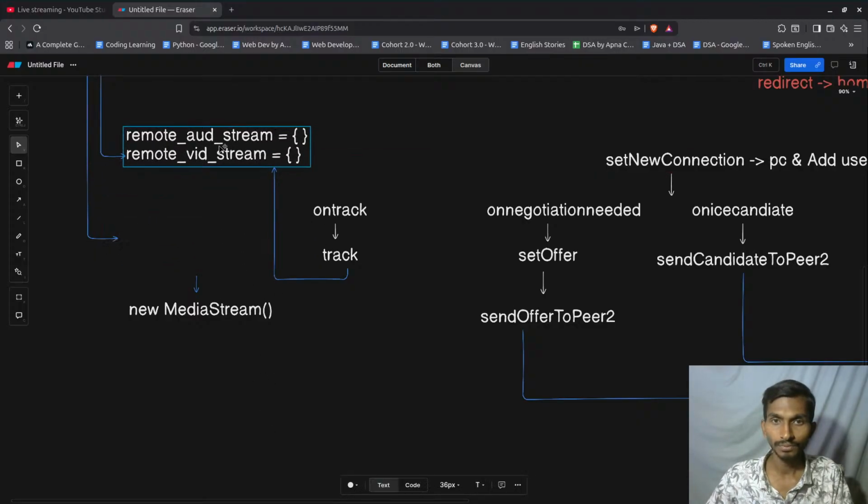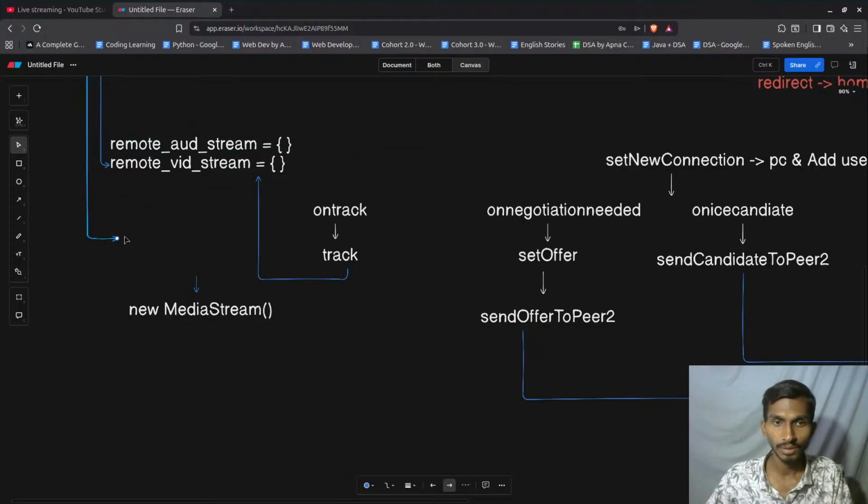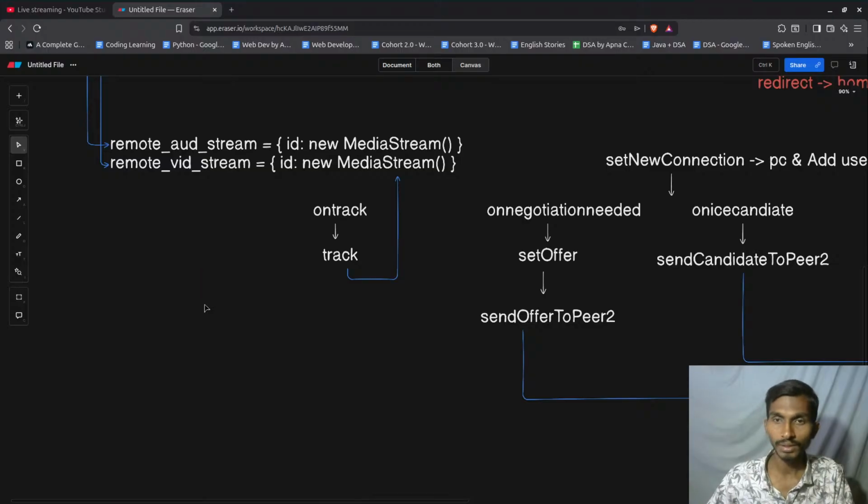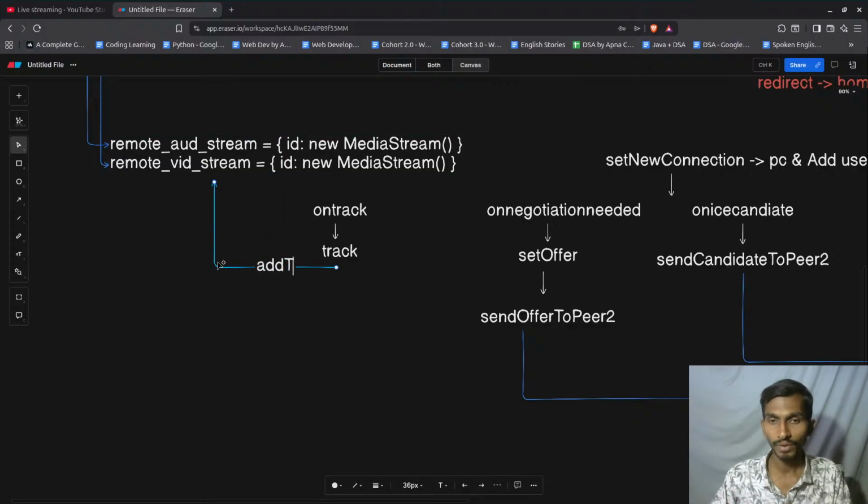Let's keep it somewhere here so that it's understandable. Just like this, and inside this I will have the ID, and that particular ID will contain the value of this media stream. Again, it is flexible. It's not like I have to have them this way only. I can make the changes as per the need, but overall things are going to be like this. And from here I will be getting the track, and these tracks are going to be added to this. So this add track will happen here. Once the tracks are actually added, after that,